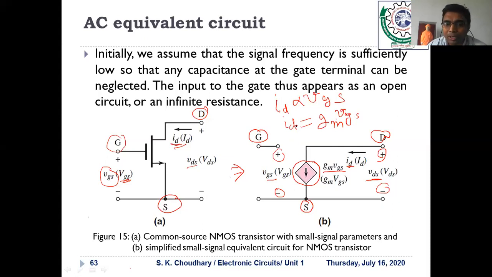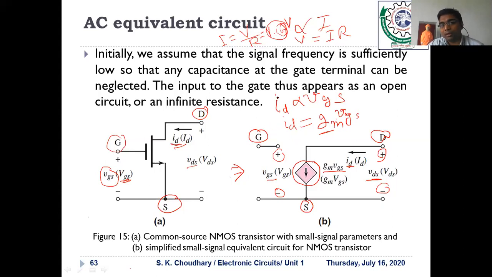So mathematically, if you want to learn what the GM is, as per Ohm's law, the voltage is proportional to the current, and V is equal to IR. So what is I actually? I is nothing but V upon R. So 1 upon R is also, you can say, V into G. G means conductance. Here the same thing is there. It is also one kind of conductance, but here we have written small gm, which means transconductance.